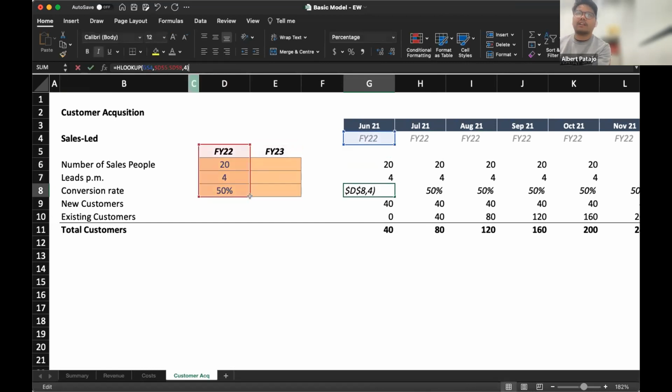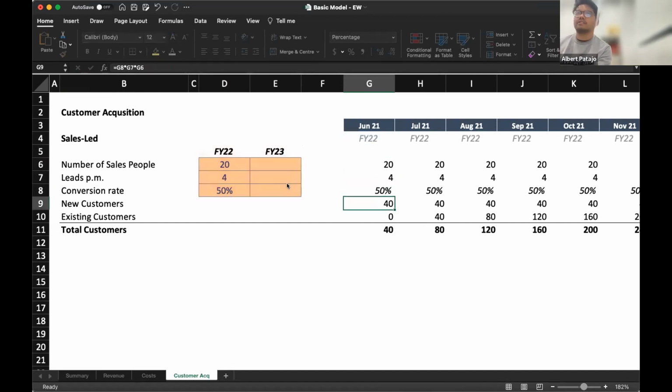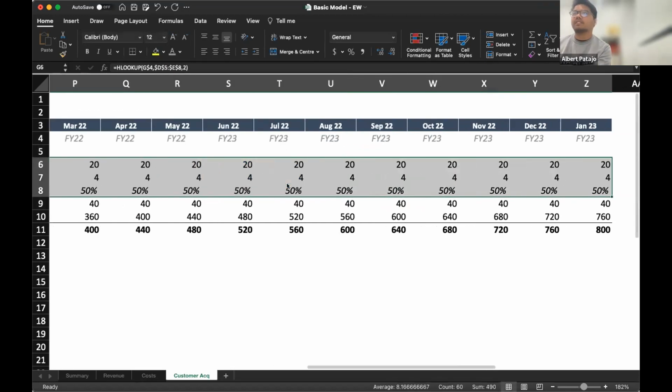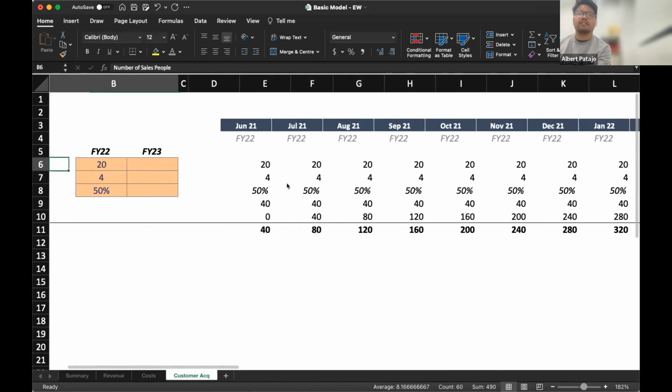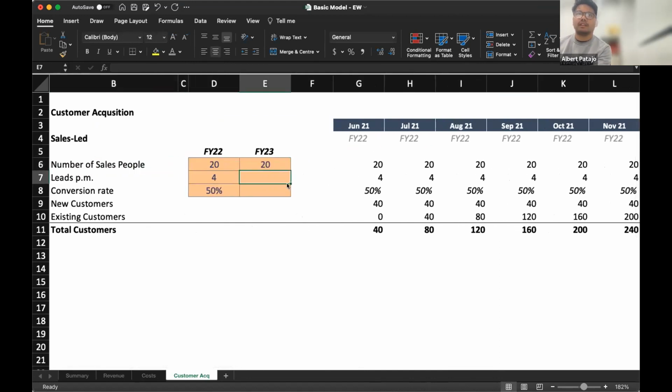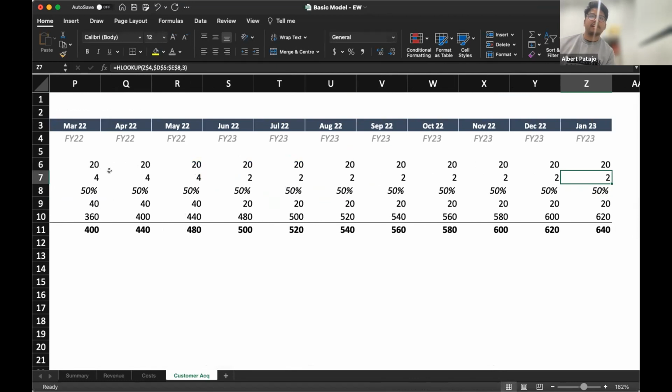You can taper it out if you just add an assumption for it. So here I've got, say, 20, and then maybe they're doing 2 leads, and let's say they're still converting at 50%. Here it's kind of a jagged taper. You go from 4 to 2, and there are things you can build into your formula so that this decreases over time.